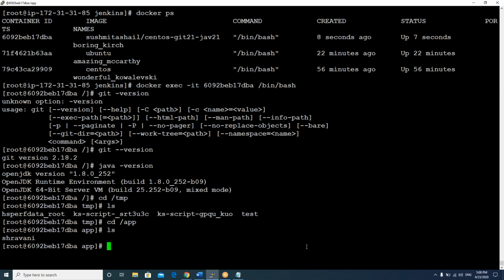Now let's assume that I want to build the same container in dev, QA and production Docker hosts. Simply what I will do is export the image I just created into Docker Hub, and I'll pull it from my QA host, and from the production Docker host also. So there is one more way to copy this image. I want to give it as a task. Can you open your notepad?